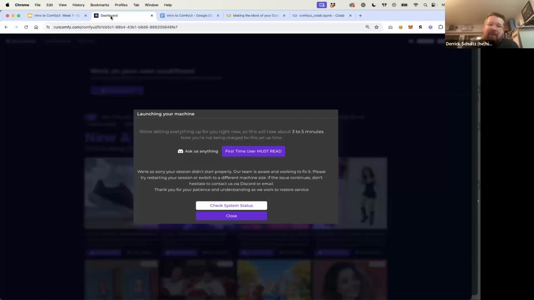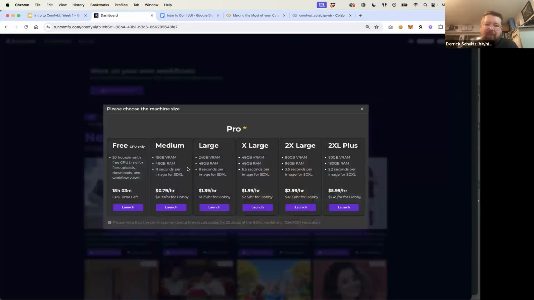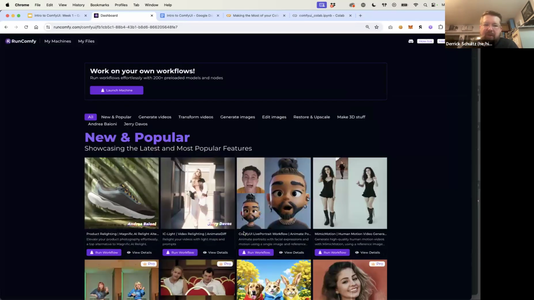Okay, gotcha. I'm getting the same error message here. For whatever reason, I'm not able to get into their system. That's fine. I'll still be able to show you ComfyUI and how it all works through the Colab system. That way, hopefully, some people can get on and we'll figure it out. I'll DM their support team again and try to figure out what's going on. Maybe I can also switch to a bigger machine size. Maybe they only have so many mediums available. So let me skip right ahead to an XL and we'll see if this works better too.